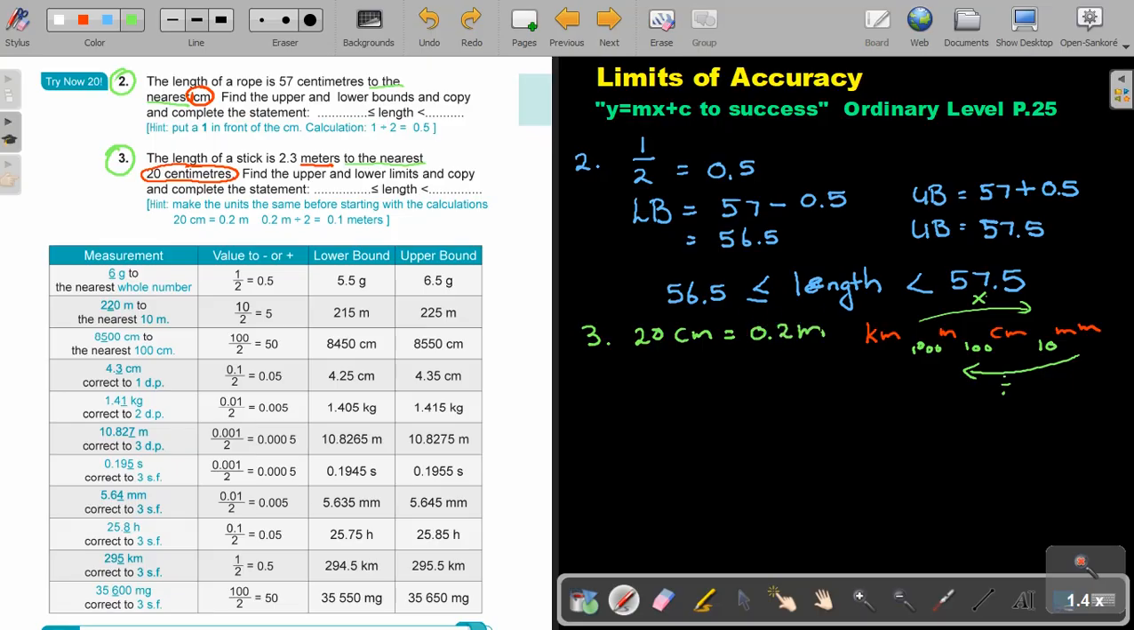So first get your units the same, and then go on and say 0.2 divide by 2, and it's 0.1. That's the value which I will add and subtract to get my lower and upper bound. So to get my lower bound, it's going to be, what was it? 2.3 minus 0.1. And that is going to be 2.2 meters. And to get my upper bound, it's going to be 2.3,